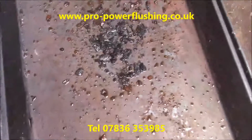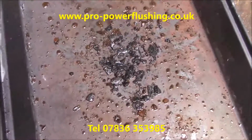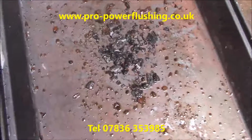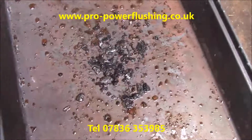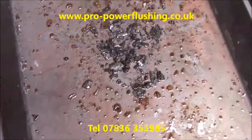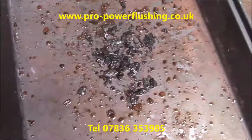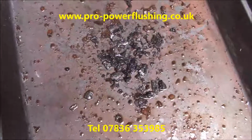Not only on the newer systems, on older systems as well, because obviously the newer boilers get fitted onto older systems. If you're not getting it power flushed out, it's like putting a new engine in a car, which is what I compare it to, and putting the old oil back in. You just wouldn't do it. Get a new boiler and get a professional power flush, as in the way we do it,